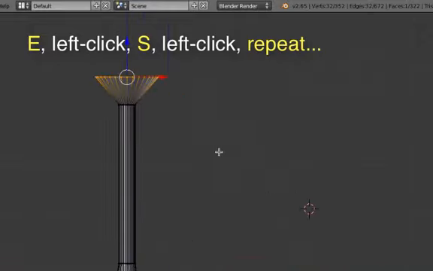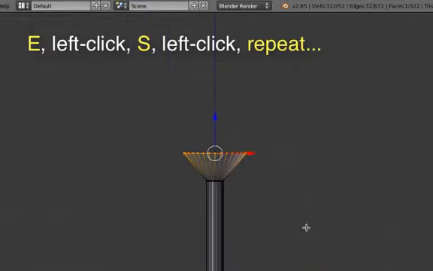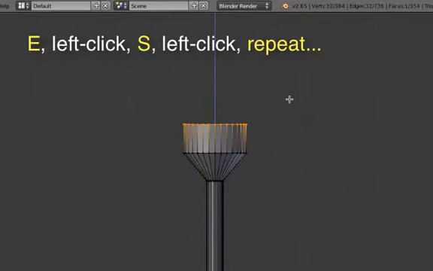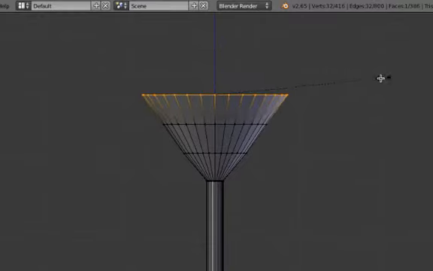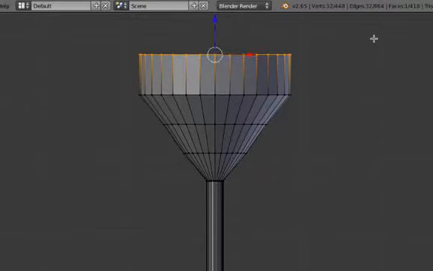I could zoom in a little here. And I'm going to start making the bowl of my wine glass. So I'm going to do E, bring it up, click, S, scale it out because I'm still going out, and E, and there is a way where you can put an image back here to trace it. I'm just kind of doing this by eye, so it's not always the best thing to do. But again, I'm kind of moving it out, E, scale,